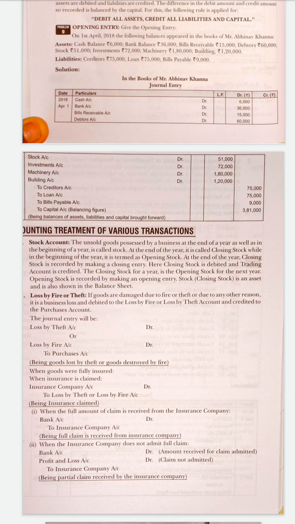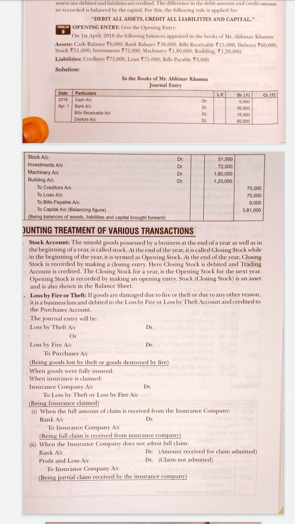When the goods are fully insured, the insurance is claimed. The company will already have made the insurance for the goods, so if there is damage, they will claim the amount from the insurance company, and the insurance company will pay the amount to the company, no? So when there is an insurance claim and the amount is received, what is the journal entry? Insurance company account debit to loss by theft or loss by fire, because now we are receiving the amount which is